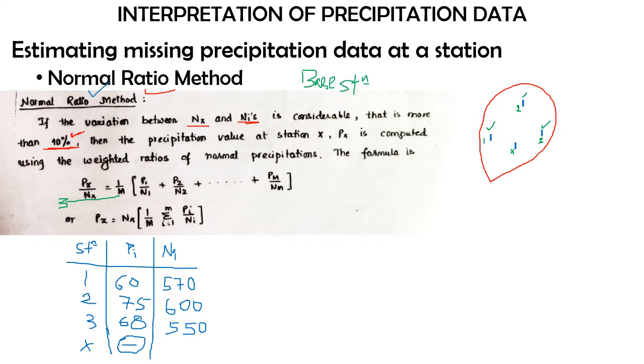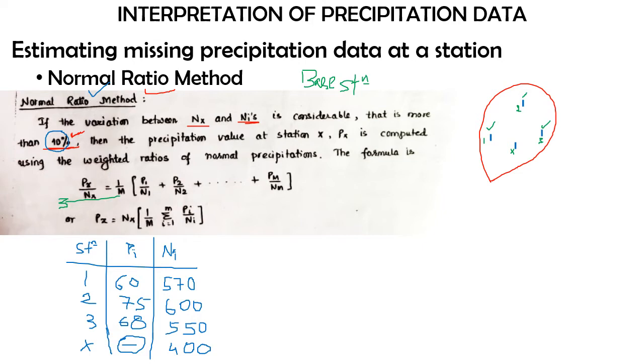Okay, so imagine this particular X value is, let us say, around 400. So we have around 400 for this. Now the thing that you need to understand over here is, in the previous case for the average arithmetic method, we told you that the difference should be less than 10%.